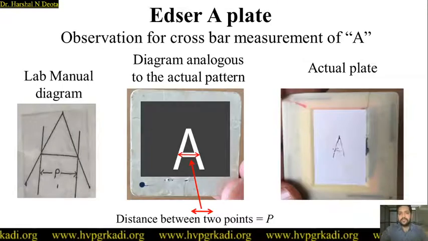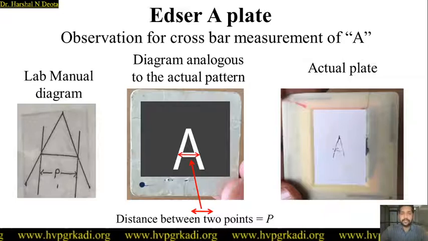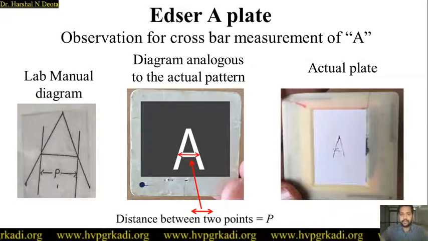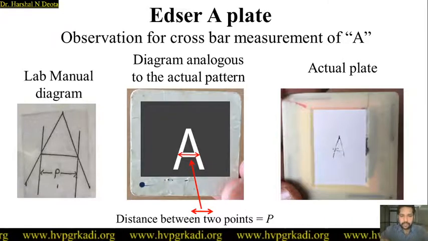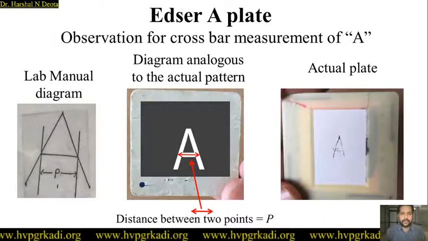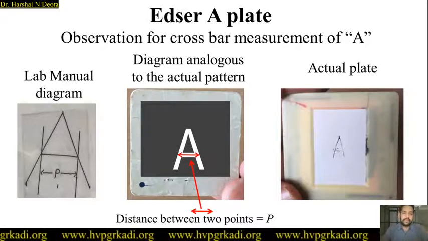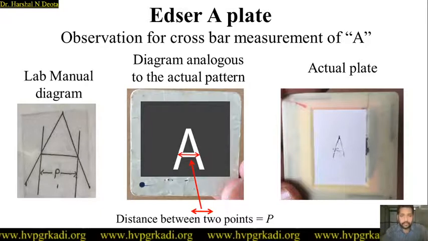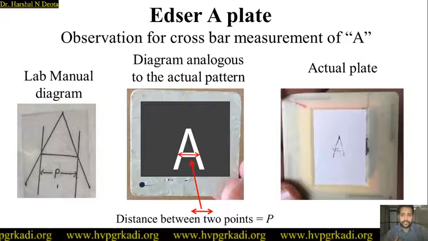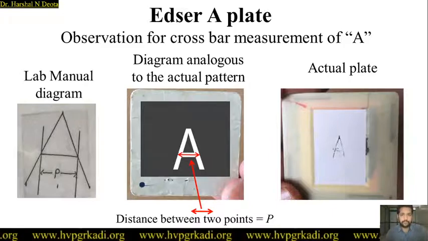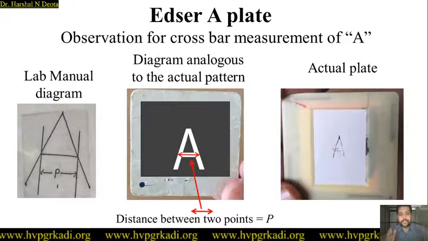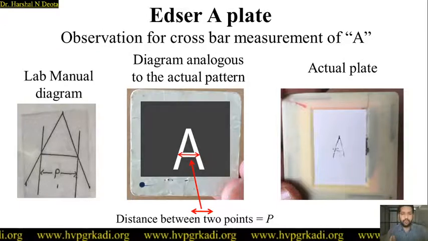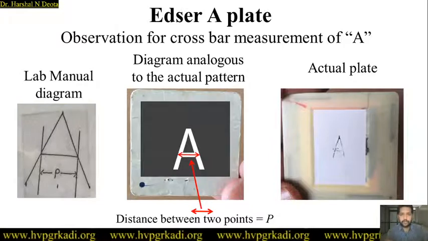Next, as the name of the experiment suggests, Edser A diffraction pattern, we need a plate where you can see this alphabet A. Friends, it is very interesting that why the alphabet A only? Why cannot I use any other alphabet? Your initial or my initial. Can we use it or not? The answer is yes. You can use any alphabet that you want, any shape that you want, and light will